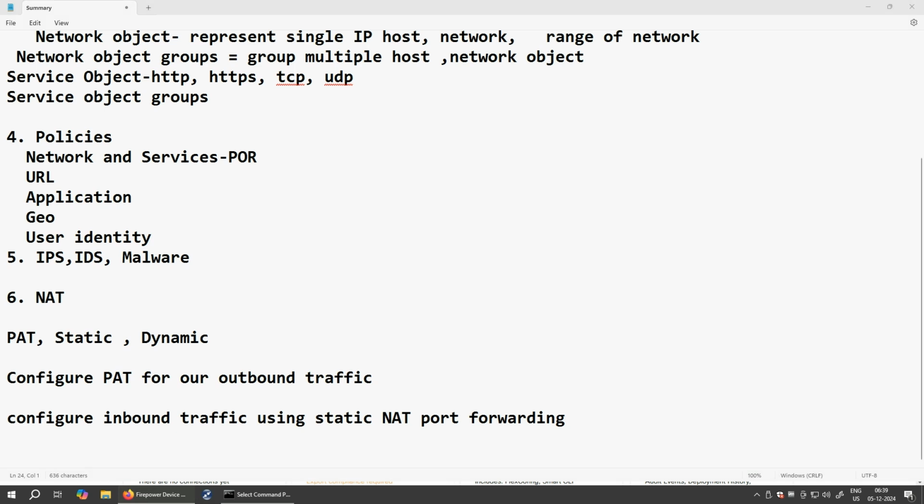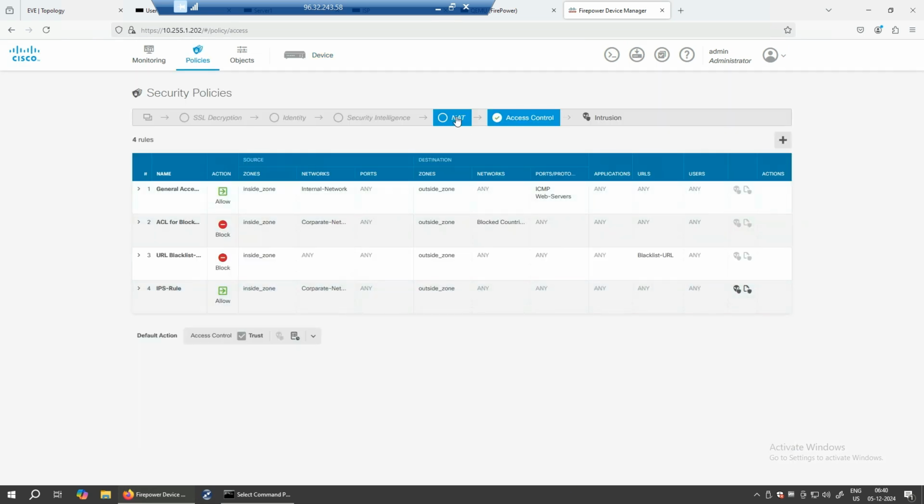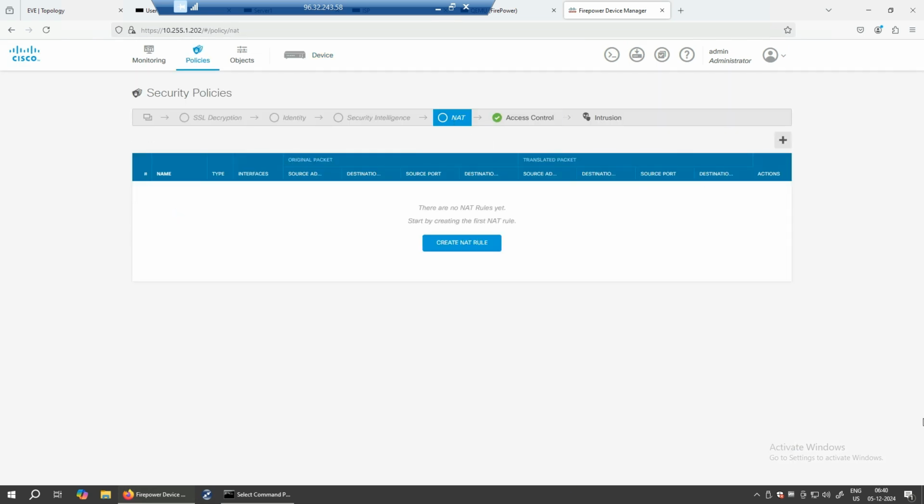So what we are going to do is our first rule. We are going to do our first rule for the static NAT. So let me come back here. We have our device here. So this is a policy. NAT is also part of the policy. So we go here and create a path, and we create one rule,